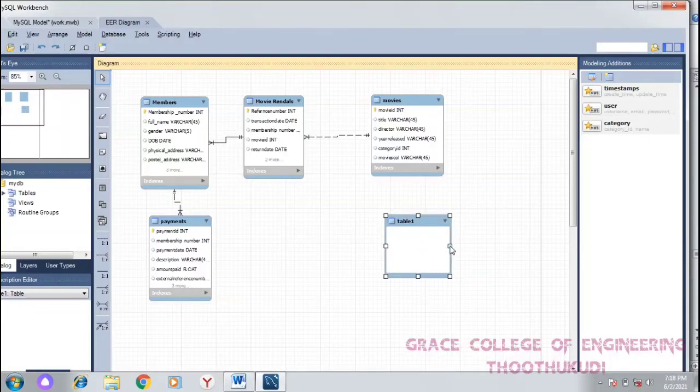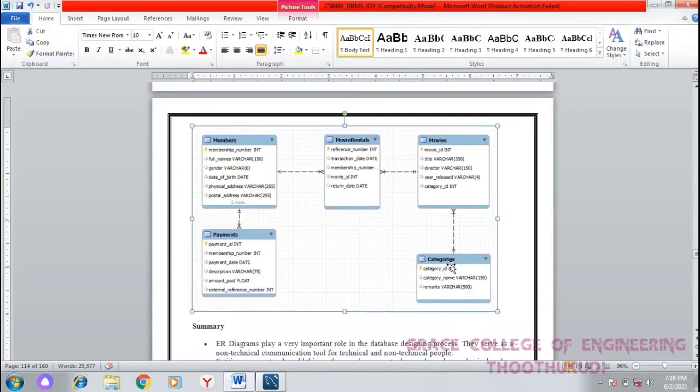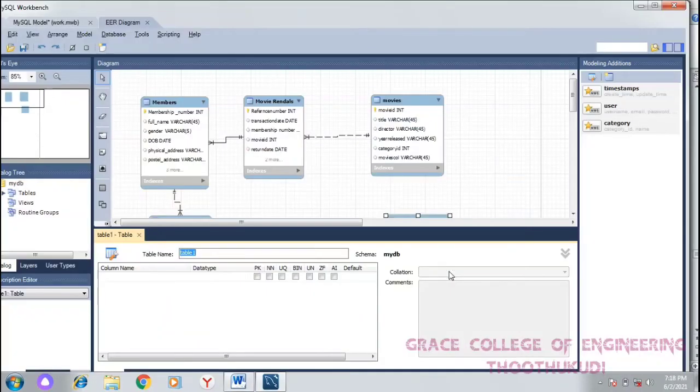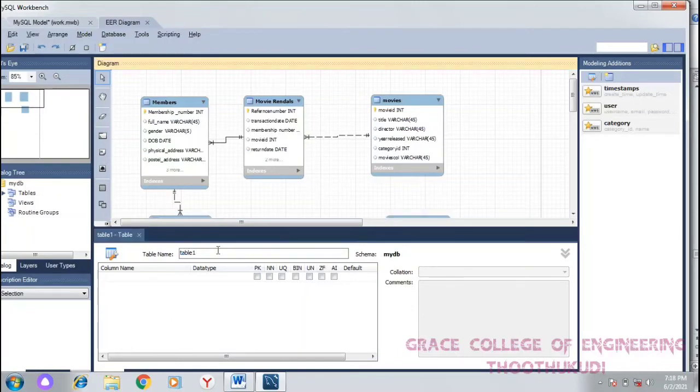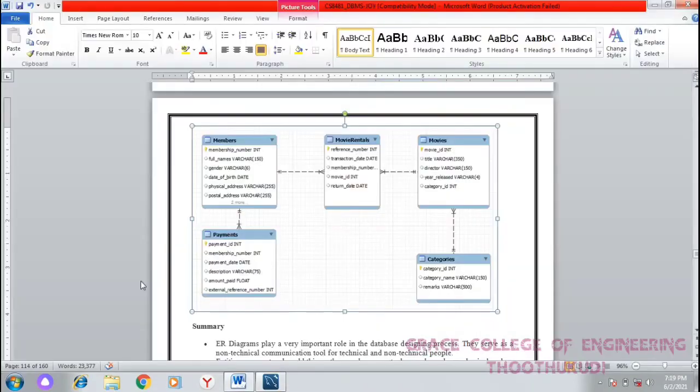One window will open after clicking the table. Enter the columns one by one. First you write the table name. Here the table name is category. Then the column name is category ID, an integer data type.